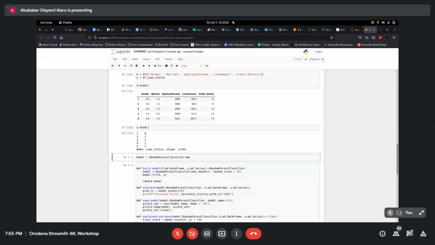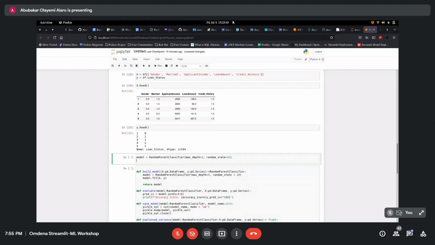And then I can decide to add some hyperparameter tuning to it. Then I'll just say we have three as the default, I guess. Then we have a random state, which can be any value because it's random. So this is us initializing the model. And then we need to do model.fit. And model.fit says we can